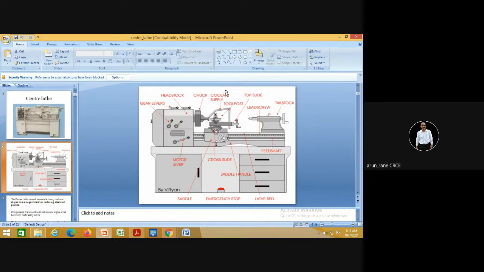For ferrous, we use coolant. Coolant is nothing but a soluble oil, mineral oil plus water. As per the manufacturer's guidelines, we mix the water in a particular ratio depending upon the concentration of the coolant oil.